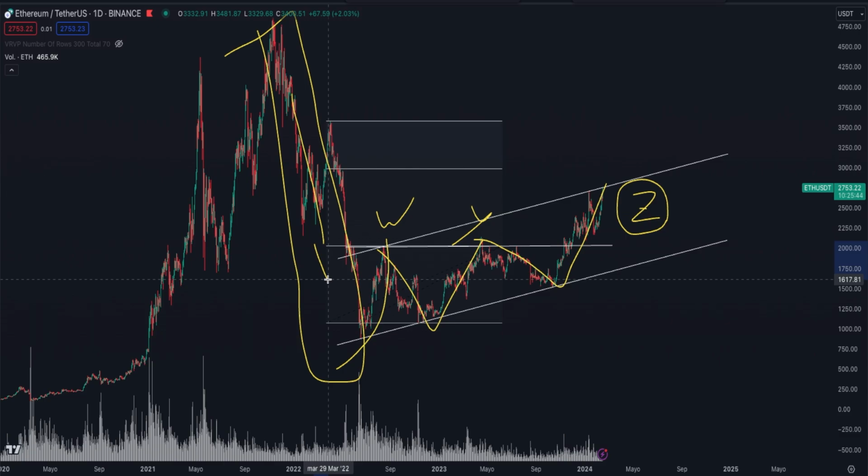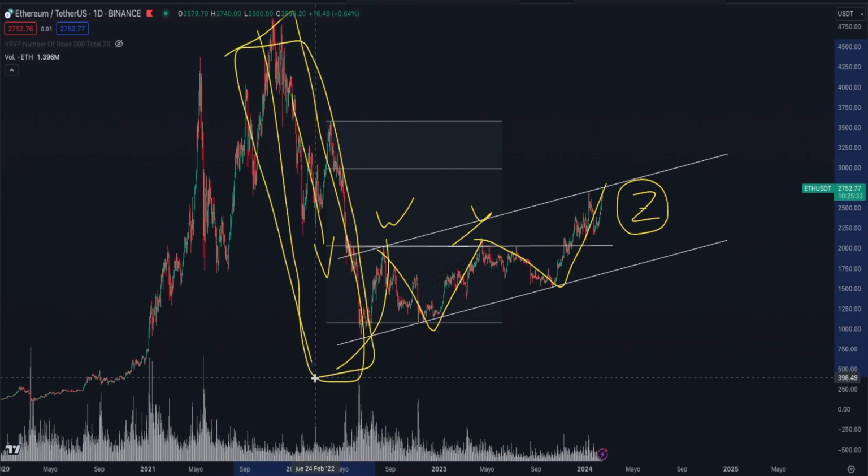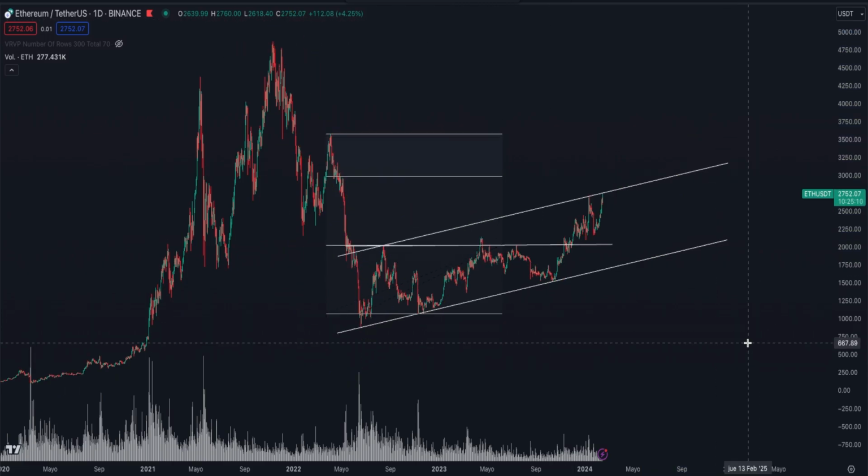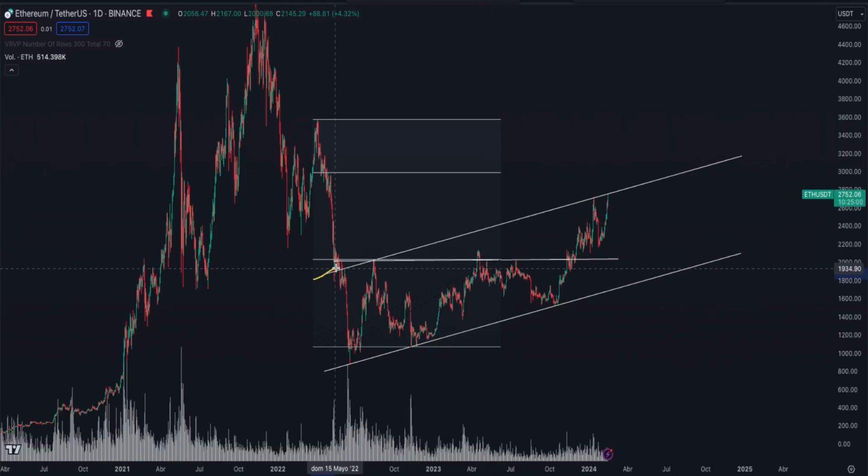Remember, the goal is to look for the replica of the first impulse. The most usual thing is that it happens, but be careful, they don't have to look for an exact replica. As I told you for months now, we have been looking for it to fail. That means it will be much shorter from where they want to do it before continuing. But as you know, these patterns are not always going to be fulfilled. That has to be taken into account.